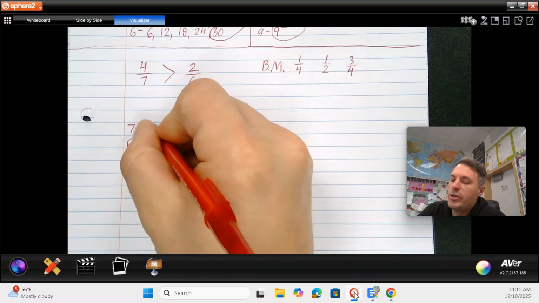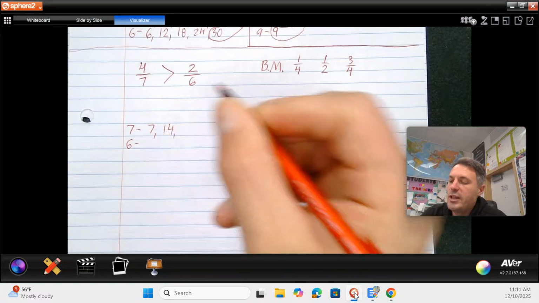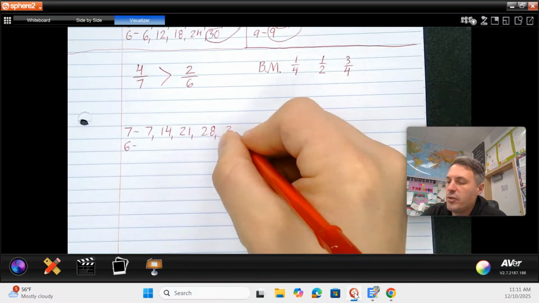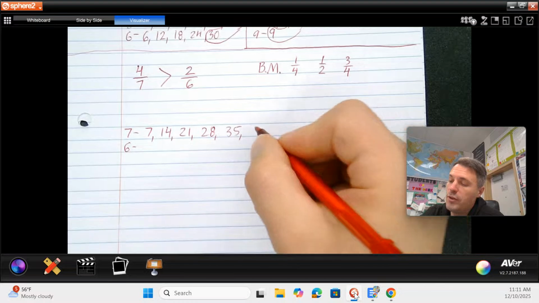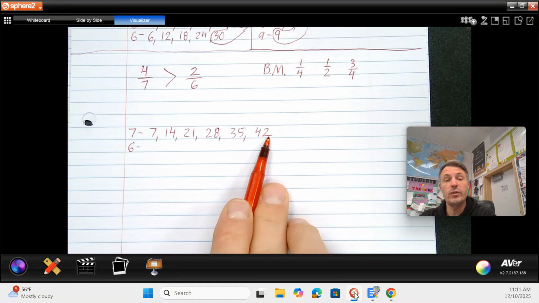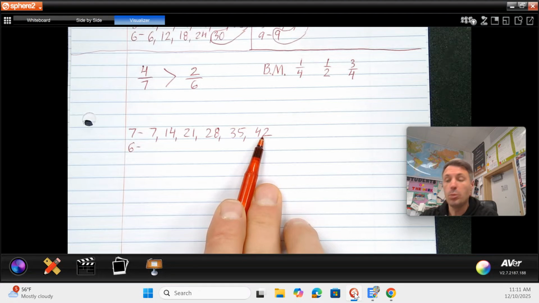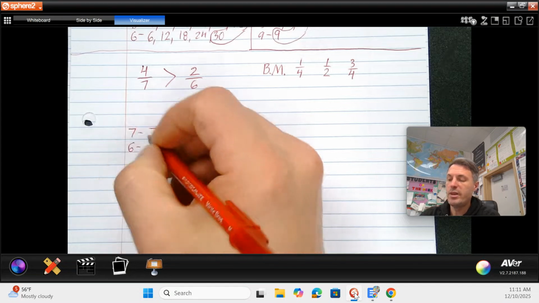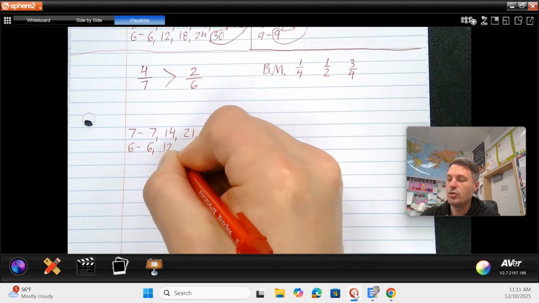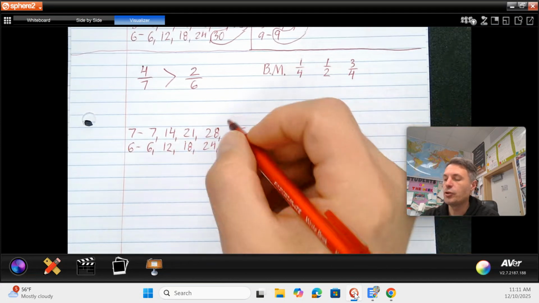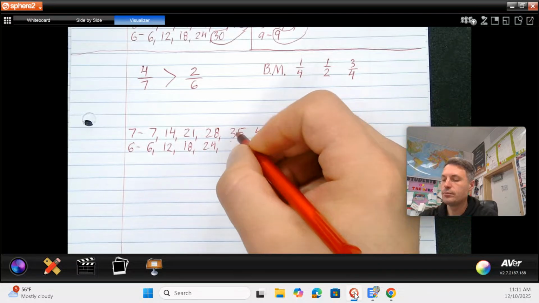Thanks. So 7, then the next one is 14, then after that it's 21, then 28, then 35, after 35 it's 42. Notice that's 1, 2, 3, 4, 5, 6 multiples we've listed for 7. So we know 42 will have to be a common multiple for 6 as well, since it's the answer to 7 times 6. Now we count by 6s, 6, 12, 18, 24. After 24 is